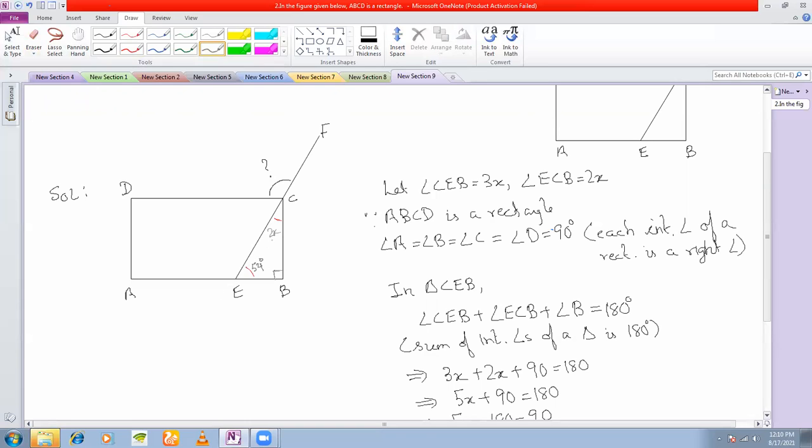Right? Now, once we have got this 54 degree, this angle must also be 54 degree. You agree? Do you agree this angle should also be 54 degree? Why? Can anyone give me the reason why? Which one, sir? This angle should also be 54 degree. Why? Sir, alternate angles.